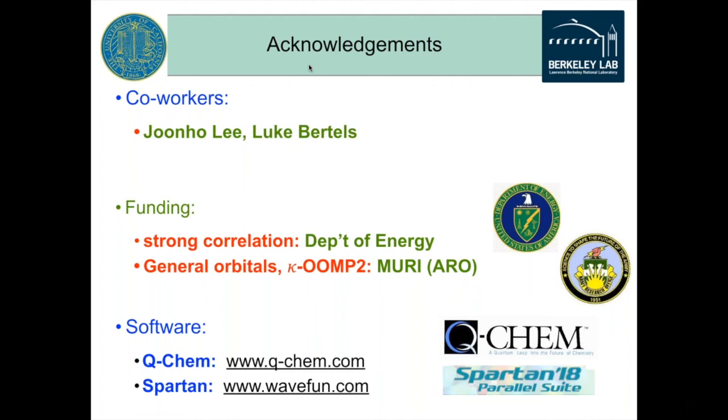By the time you get to C60 or beyond, orbital optimization is noticeably more expensive than Hartree-Fock, and this is unfortunately not quite as cheap as Hartree-Fock, but still vastly cheaper than any coupled cluster type method or any strong correlation type method. Okay, so when you explore the kappa values,